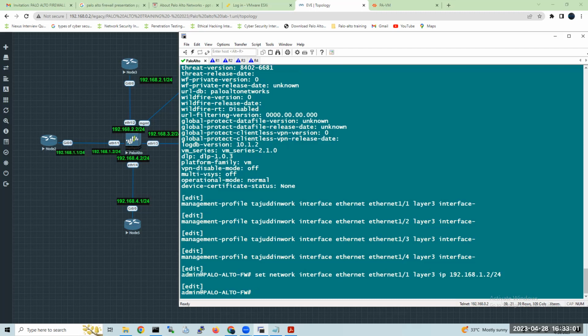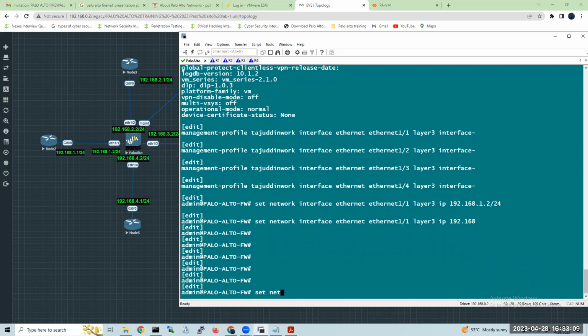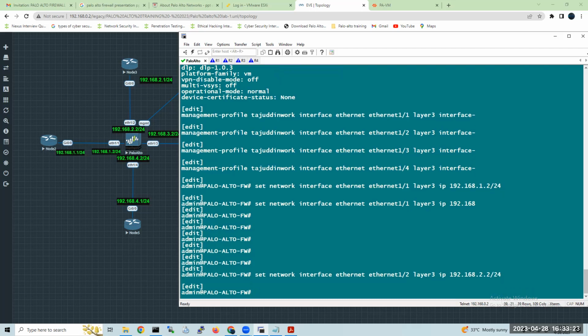Yes, in Palo Alto. We can use the upper arrow key to continue, but I don't want to use that. Set network interface Ethernet 1/2. This is my layer 3 IP, 192.168.2.2/24.